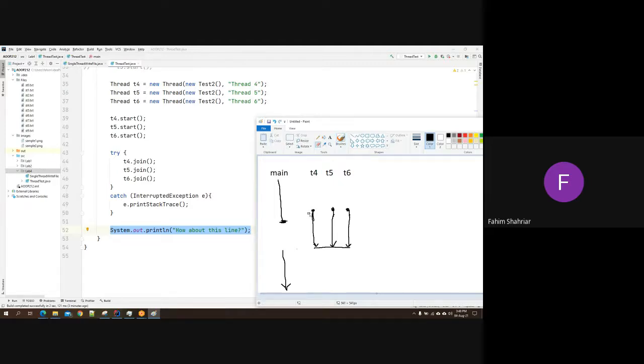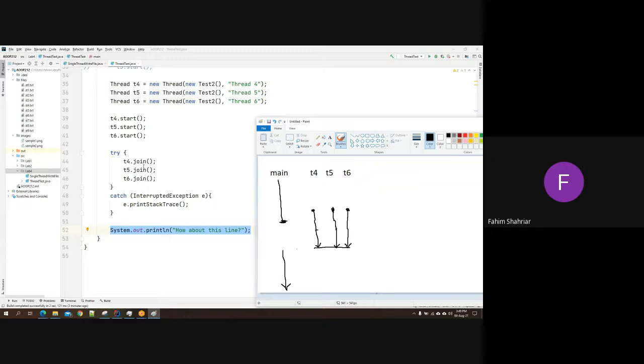ওকে, এন্ড অ্যাকচুয়ালি when these 3 threads are running, এইগুলা কিভাবে রান করে সেটা একটু দেখাই। It does not run at the same time. What happens is maybe for some time T4 is running, then it switches to T5, sometimes T5 is running, then it switches to T6, T6 is running maybe for a long time, then maybe it switches to T5, again T5 is running, then T4, এভাবে করে সুইচ করে করে আলটিমেটলি সবগুলো থ্রেড একসময় থেমে যায়।